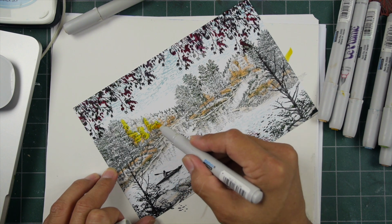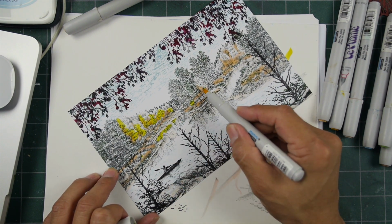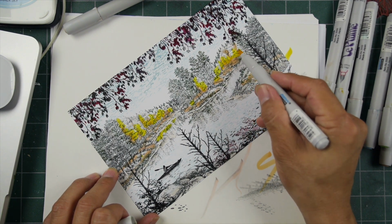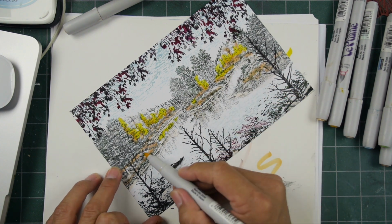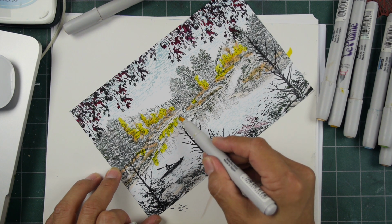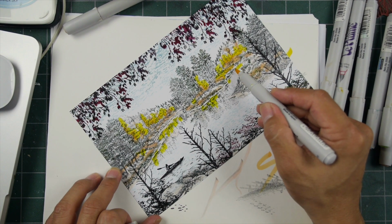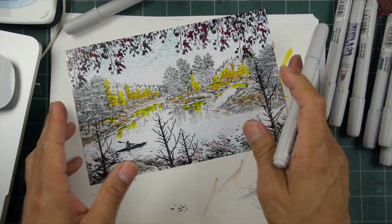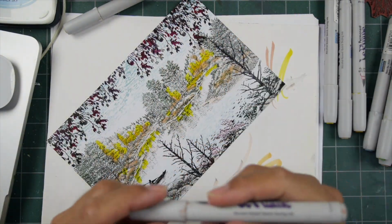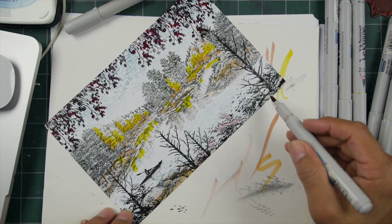Okay, there's a yellow, super bright, huh? But I said there's a certain type of reasoning, but I'm just going for a general blend right now, and I kind of figure it out as I go along. Like I said, I don't do this too much, although I should. It's really fun. Okay, here's the reflection. Gotta remember my reflections. Okay. So it's starting to come around. Here's some more of that camel. I thought I'd use some of it down here on these rocks in the foreground, which I didn't before, but...